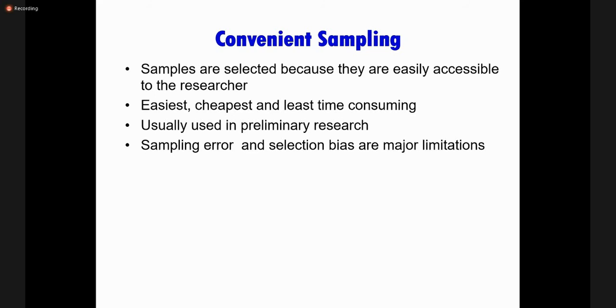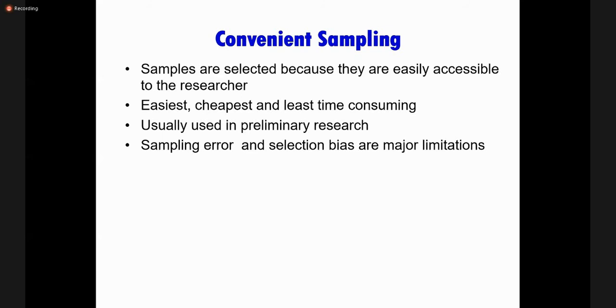Even if you have a 500 sample, you can collect that sample in a few days very easily, with little effort, little travel, and no cost at all. But the sample might be different from the people who did not show up at the OPD when they were sick. So there is sampling error, meaning the error in the sample because of the sampling technique or the way the sample was chosen.